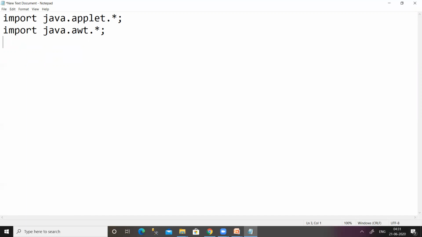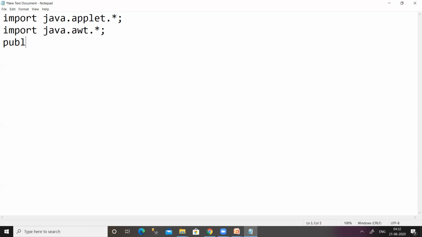Instead of the main method, these programs contain a method called the paint method, and that paint method takes a graphics class variable as a parameter. That graphics class is located in the AWT package.